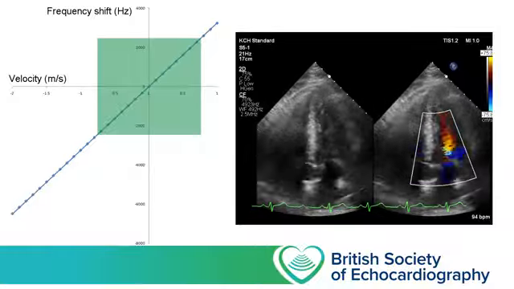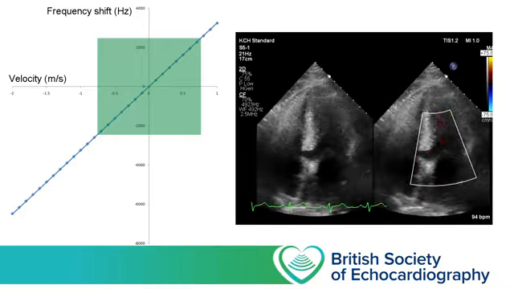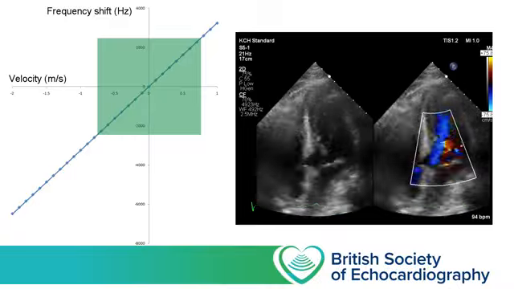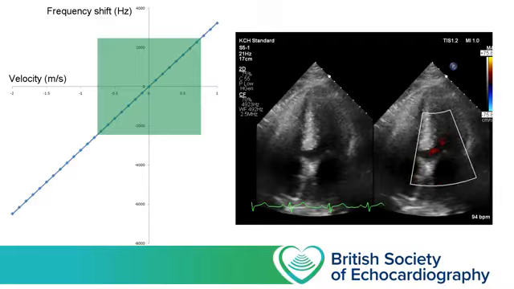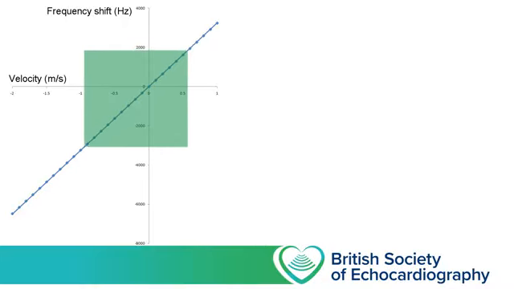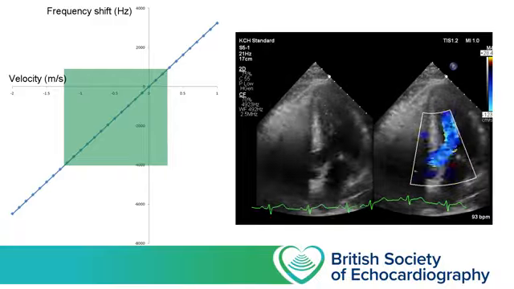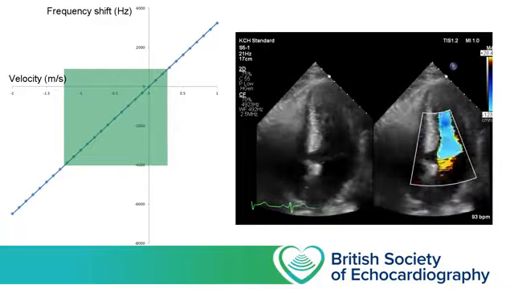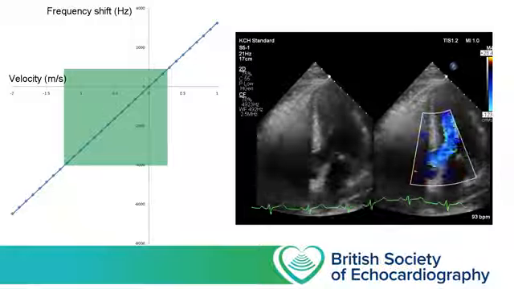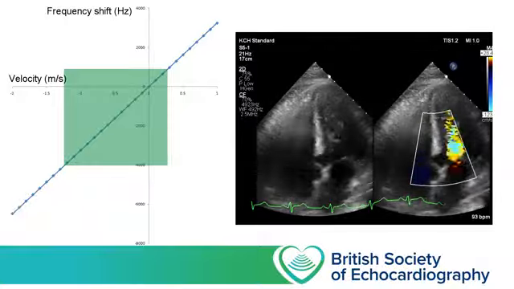Now as the blood starts to travel beyond this velocity, the software imagines that it's seeing blood moving in the opposite direction, again at the upper limit of the scale. But we can instruct our ultrasound machine to display these higher velocities as not moving towards us but moving away from us. We can redefine how we'd like it to demonstrate frequency shift information. So in this clip the baseline's been adjusted such that negative velocities up to 123 centimeters per second can be displayed. But the flip side of this is that we can only display positive velocities towards a probe, up to 28.4